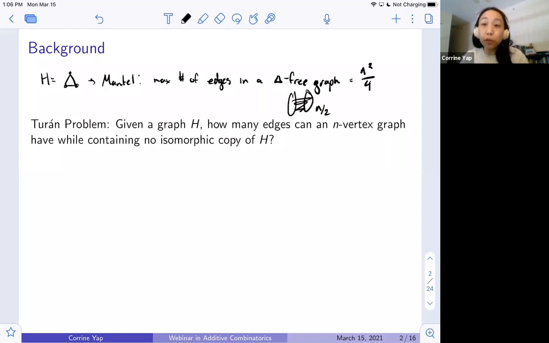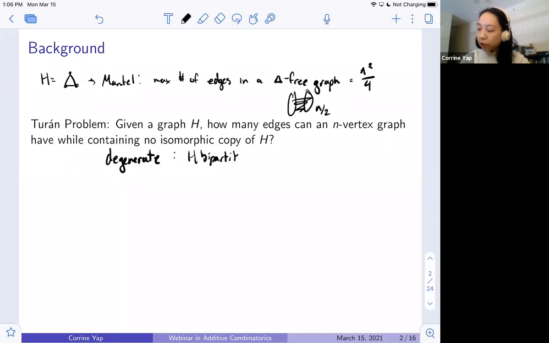To explore this problem more, you want to look at different types of graphs H that we're forbidding in our n-vertex graph, and figure out what these so-called extremal numbers are for those particular graphs. The question was pretty much answered by Erdős for all graphs H except for one very important class of graphs, and that is the class of bipartite graphs. That was the degenerate case in the result that Erdős proved. And so we often refer to that case as the degenerate Turán problem. So that's H bipartite.